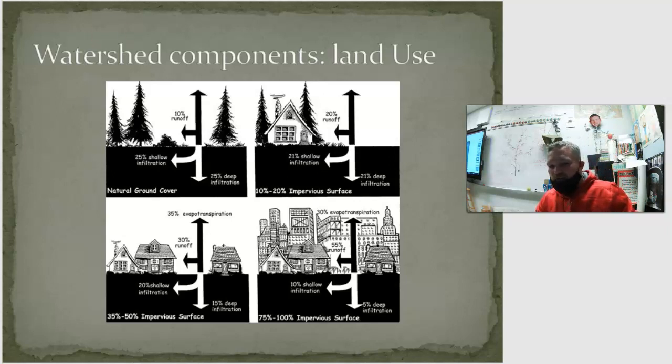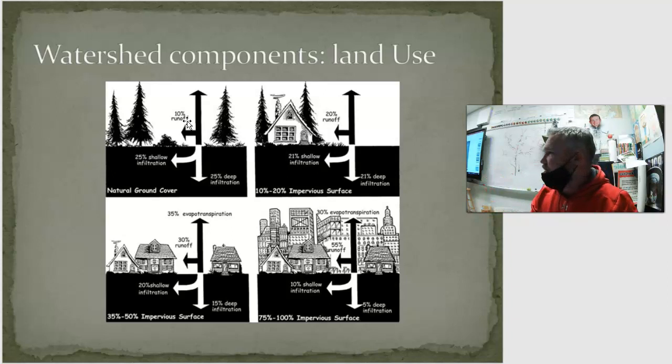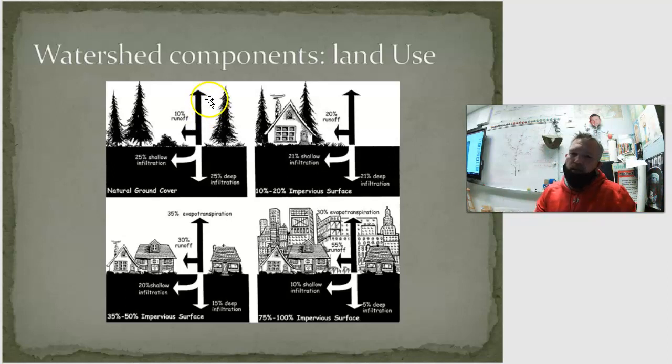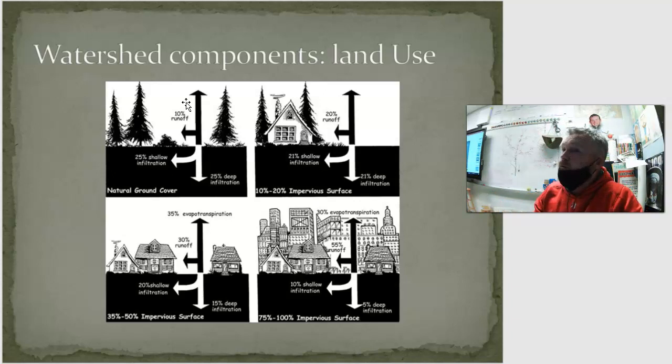So in a natural environment here, you basically get 10% runoff, and these numbers are, you know, geniuses calculate this stuff and whatever, but they're not like set in stone. There's differences, but generally speaking, 10% of the water will run off in a rain event if you have just a natural environment. 25 will go into the soil, and then 25 will go all the way down into groundwater. So if you're doing some quick math, you're like 50, that's only 60% of the water from the rain. Where does the other go? That usually goes into trees and bushes and all of that stuff, right?